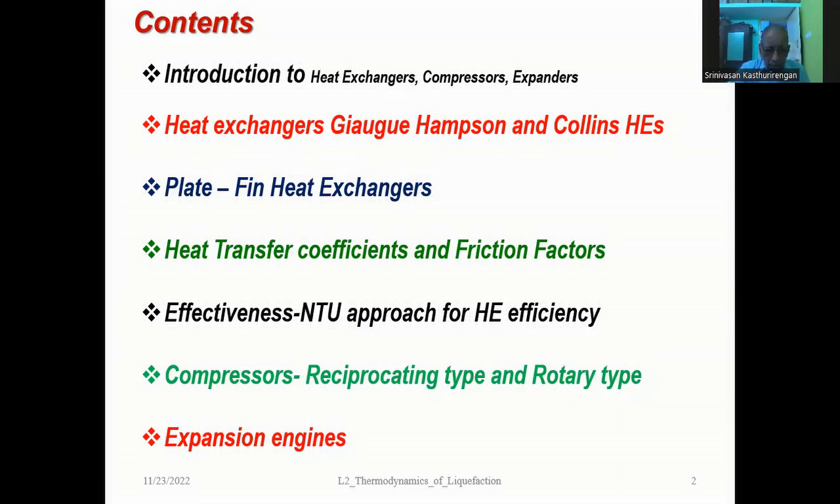We will talk about the compressors, reciprocating types, and rotary type. Also, we will talk about the expansion engines or expansion systems, both reciprocating type and the rotary type. Okay. So these are the topics which we will be discussing today under the critical components